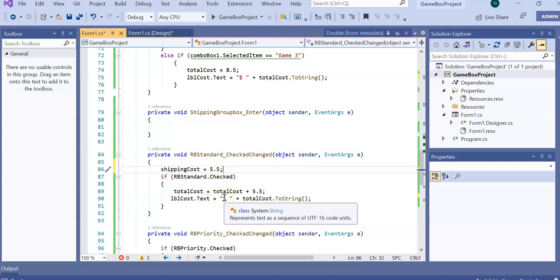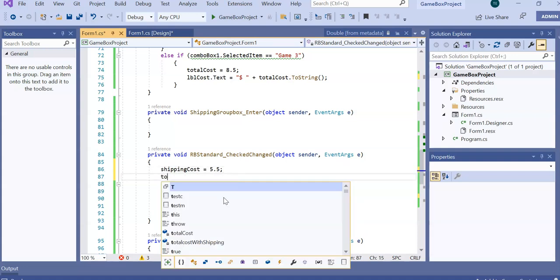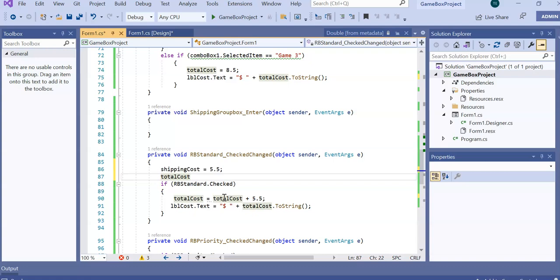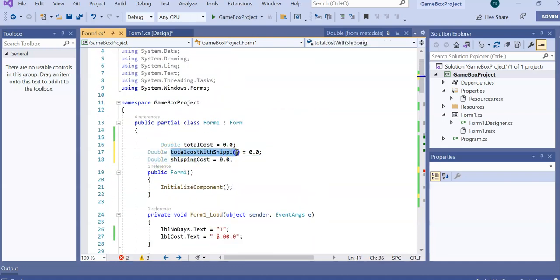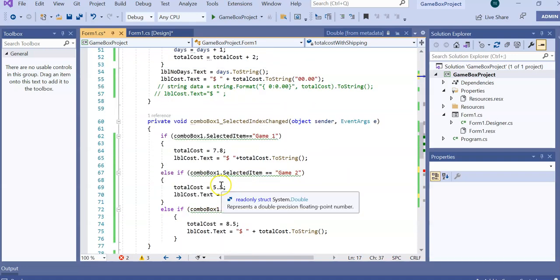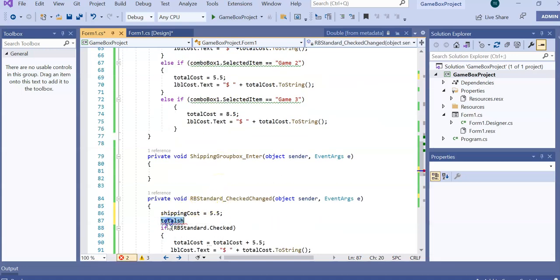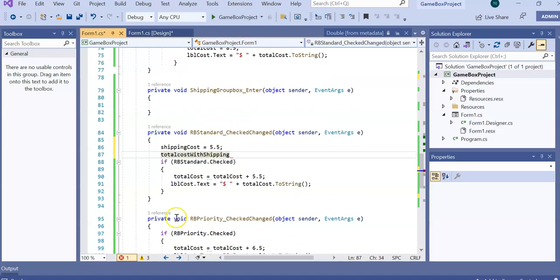Now shipping cost. Okay, total cost or total shipping cost, total cost with shipping, like this one, copy. I'm going to put it here temporarily. All right, so now I have to do this one. Total shipping cost will be total cost equal 5.5. Okay,